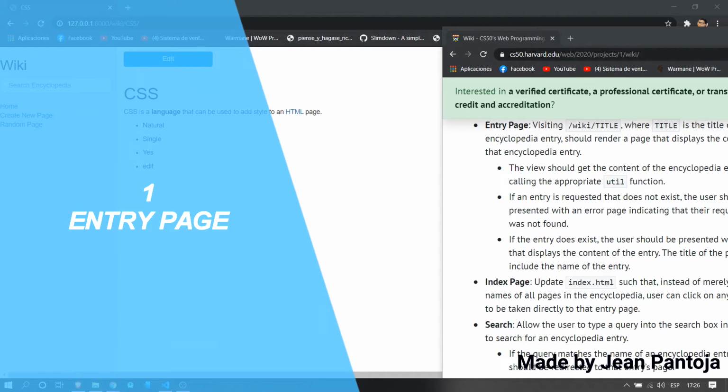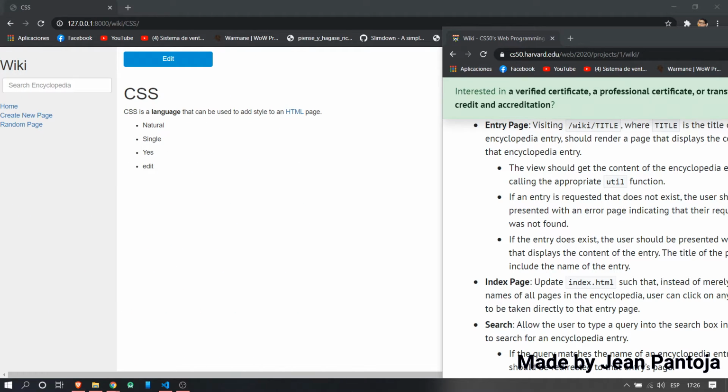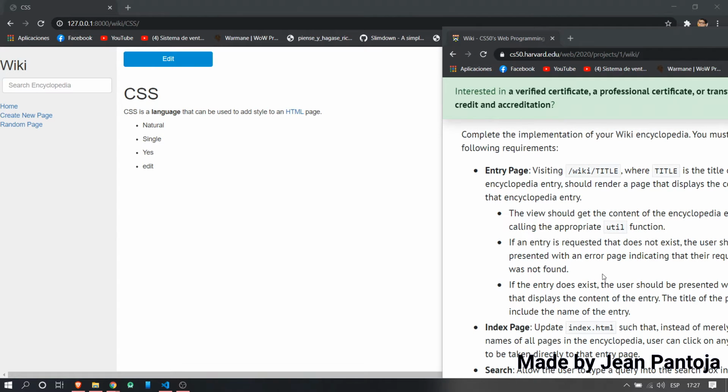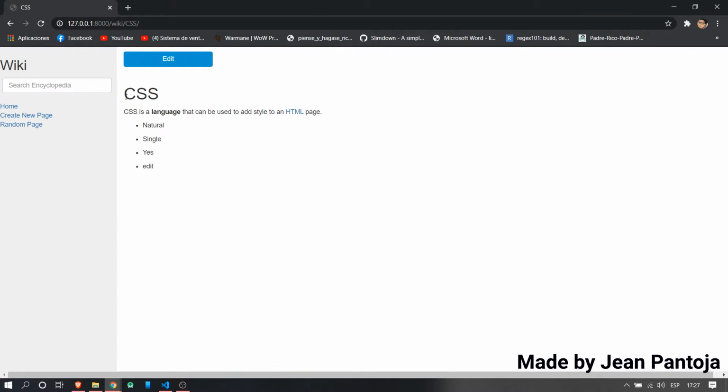Hello to everybody. In this video we're going to show the result of the project 1 that calls Wiki. So in the first topic we are going to visit a new title. In this case we're showing CSS. In this case we're using regex to replace every Markdown to HTML. So in this case we're going to see this, and of course if we change to another